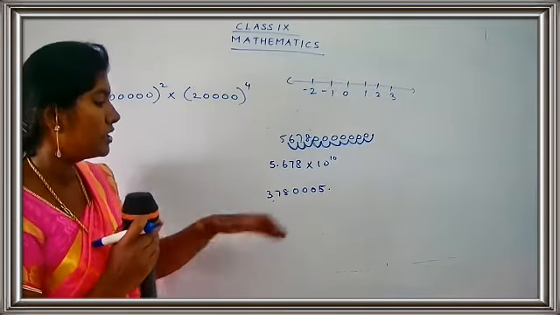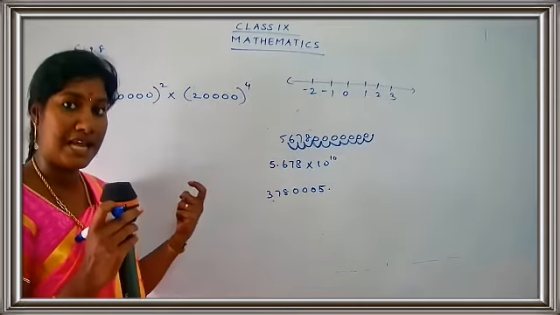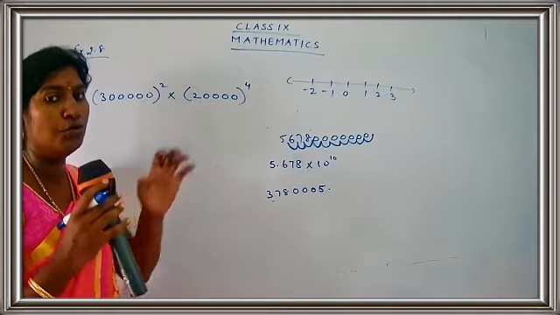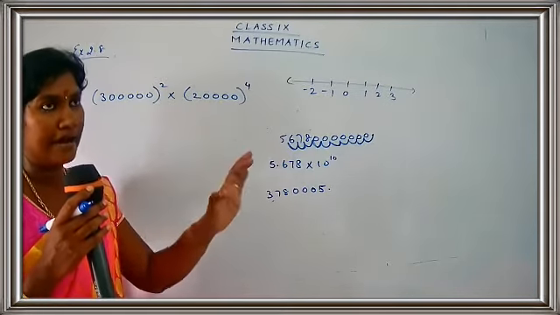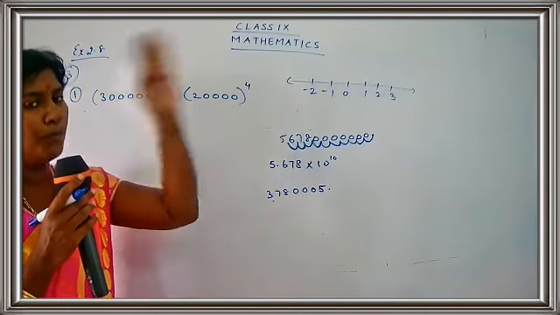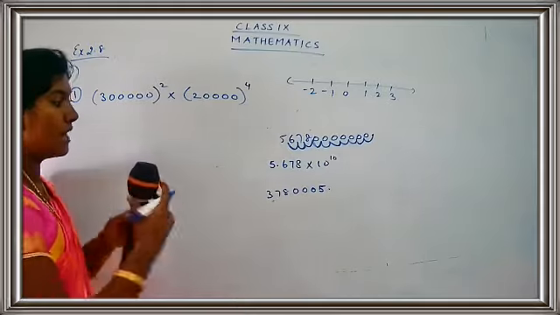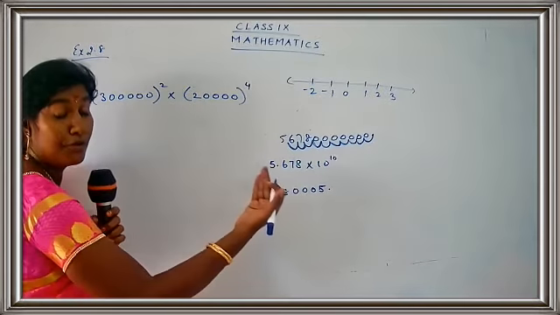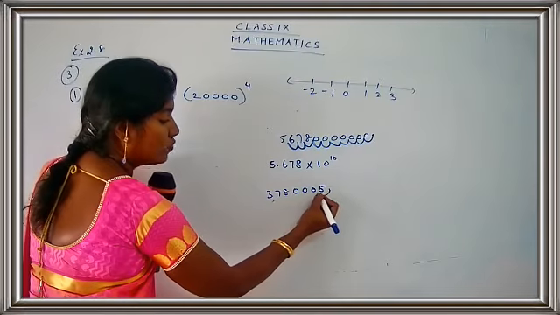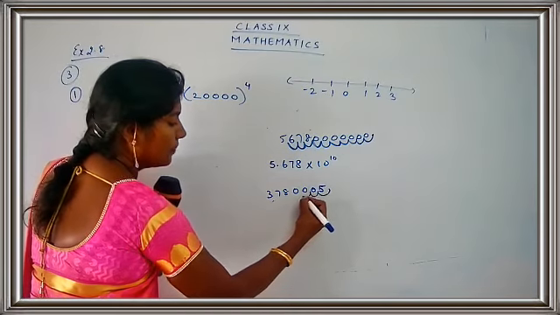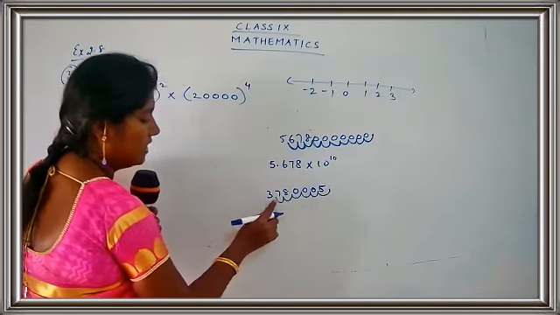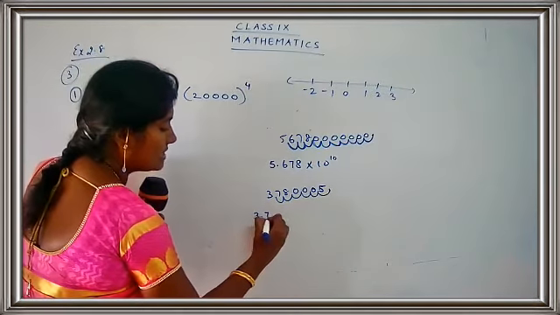Okay, children. So now here I am going to move to the left side. I am just going to bring the decimal point to the left side. Remember how to find out for left and right. When you come to the negative number, it is left. And when you go for the positive number, it is right. So I am just going to move this direction. That means I am going to move to the left direction. So from here, just see the position. It's 1, 2, 3, 4, 5, 6. So this is 3.78.